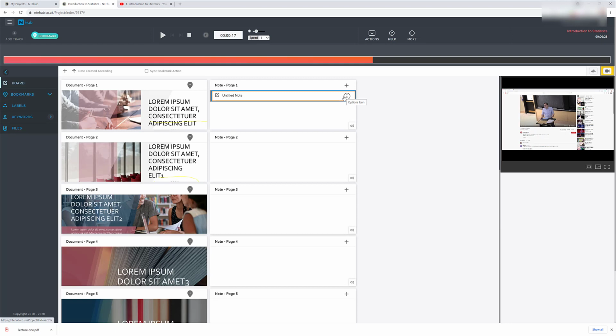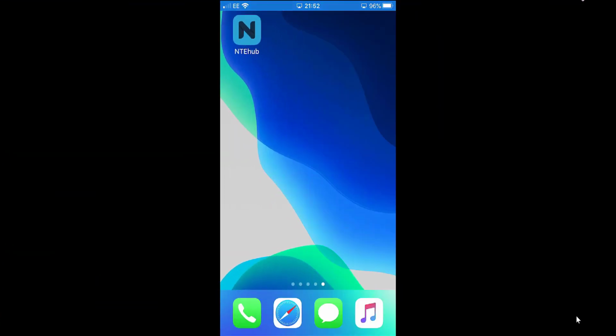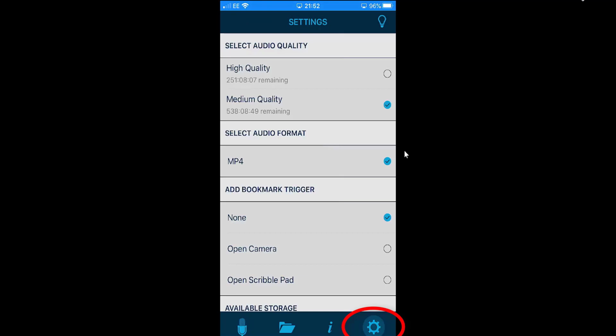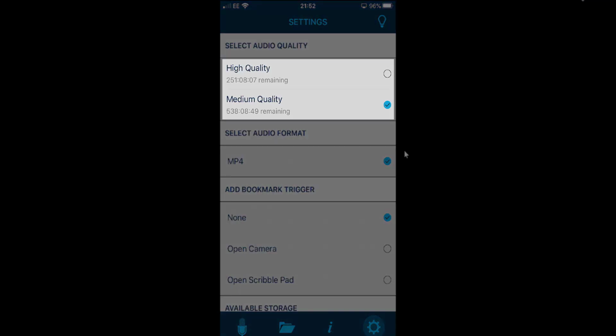Next, we're going to have a look at the app. Now we're going to have a quick look at the NTEHub. I believe they're updating this soon, but I want to show you the basics and using it anyway. This enables you to record a lecture or meeting or anything you want and then upload it to your NTEHub. So before we start, go to settings, bottom right hand corner,